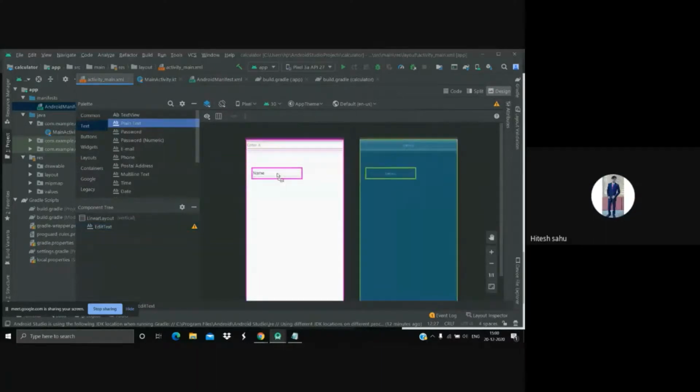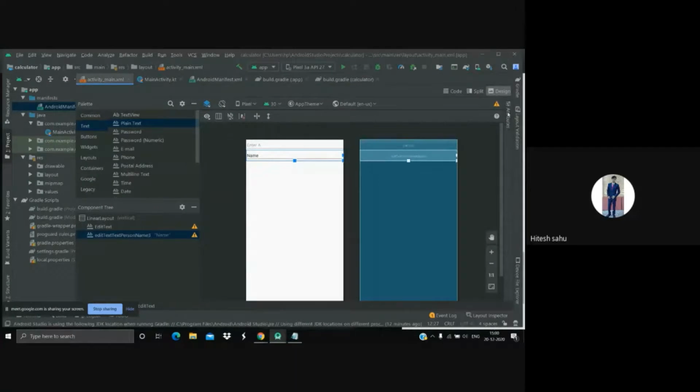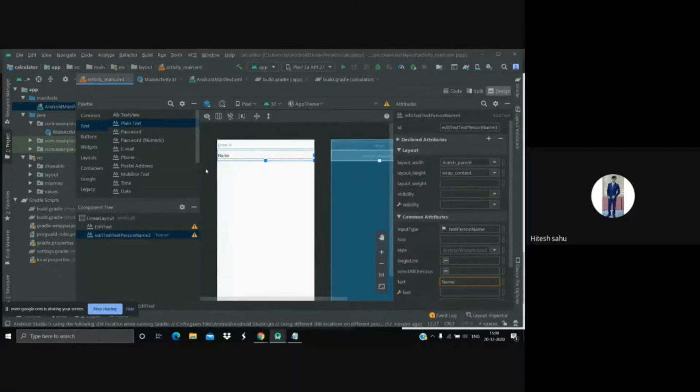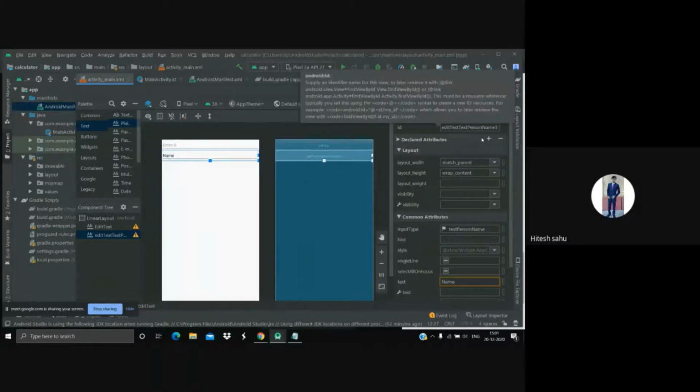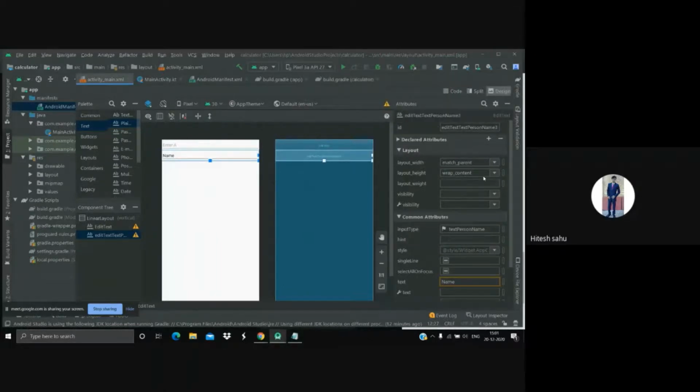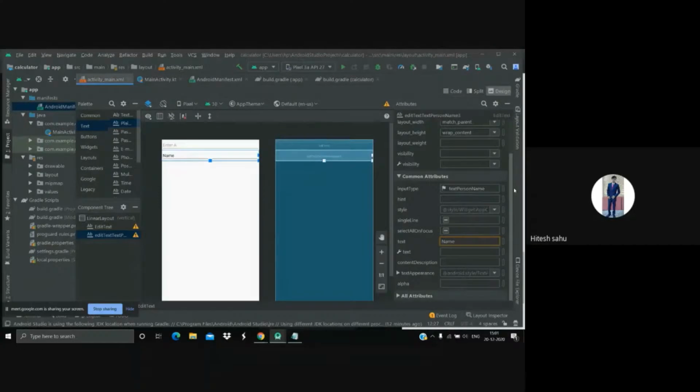Now you can see that we have got one edit text. We have typed the code and we got one text. We have another thing. We can just drag and drop from here, and we can edit all the properties of that particular view from here. Like we have manually typed match parent and wrap content, we can just select from here also. Each and every thing we can do from this window, we can either type or just select from here.